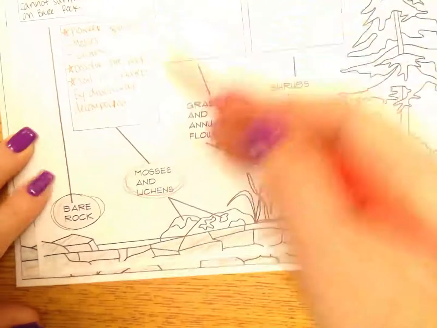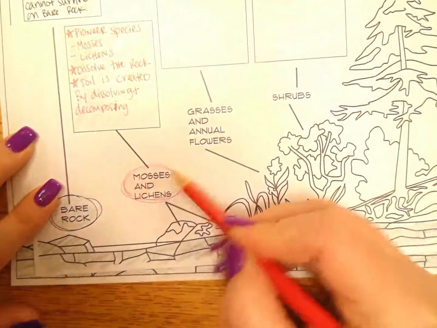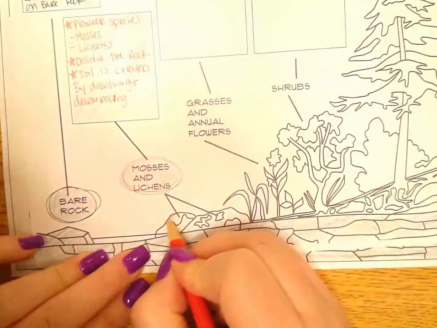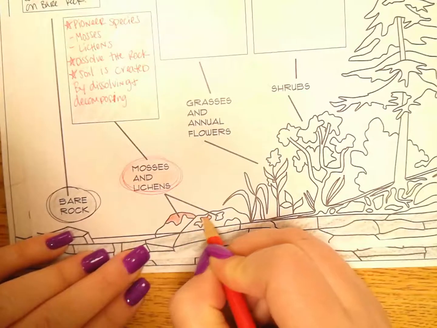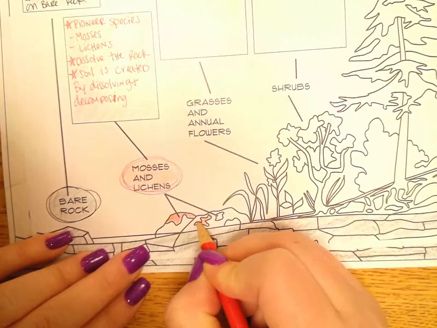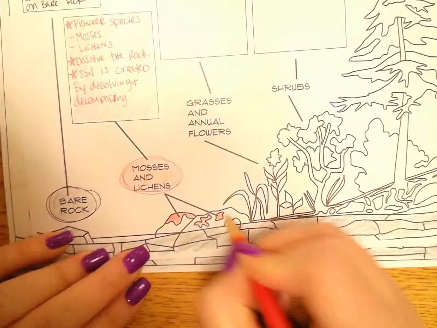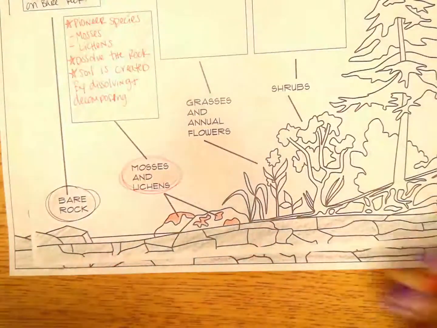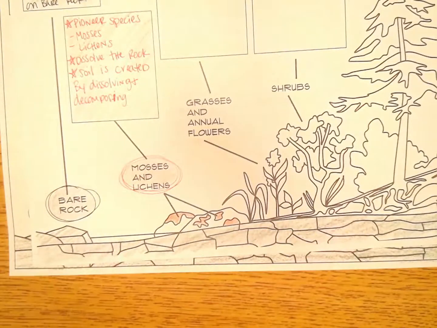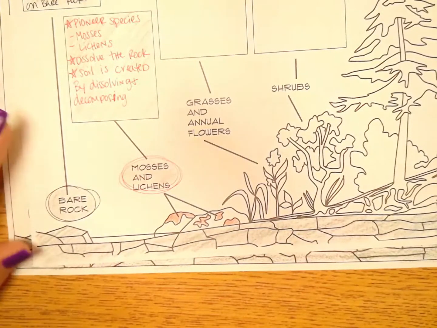So we're going to use red for this. And we're going to just color our mosses and lichens red so that we really can see them pop. Okay, and if you'd like to go in and color your rock, you can do that as well. All right,